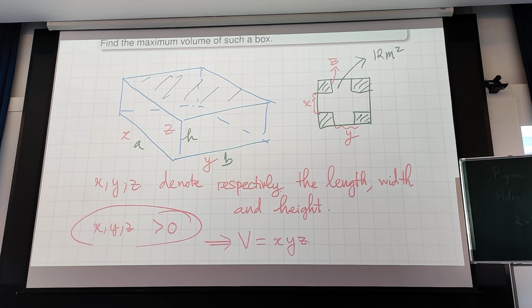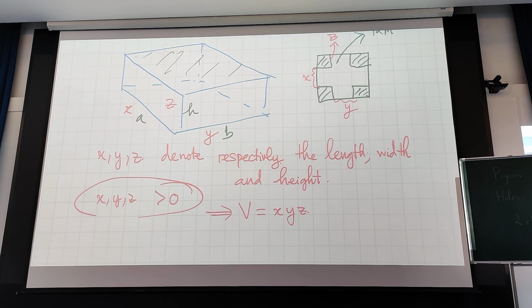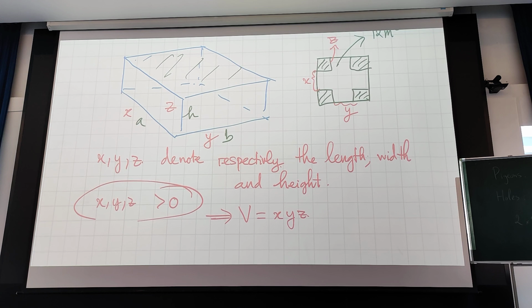So from this explanation, you are able to find the formula of the area of the given cardboard. The area should be given by the function A(x, y, z), and it is equal to